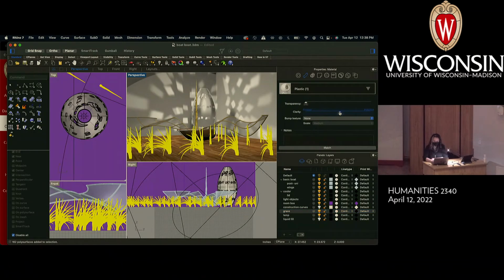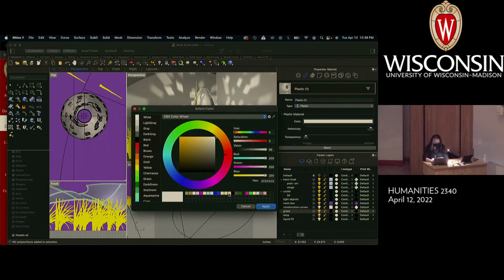I want them to be kind of mid-level shiny, maybe a tiny bit of grit. And then, let's see, a color. So I'm going to just pick some sort of dark greenish color,